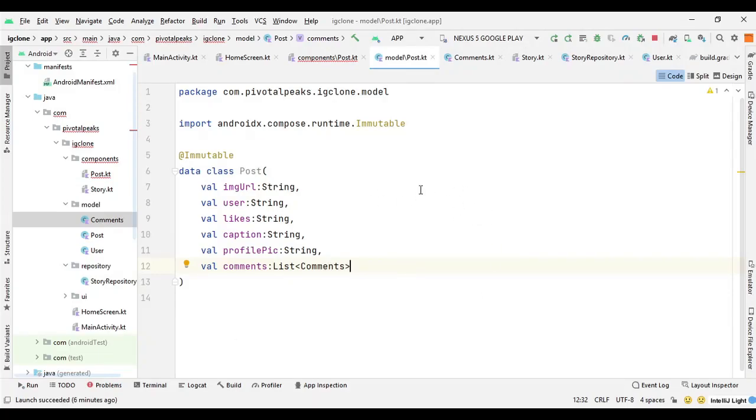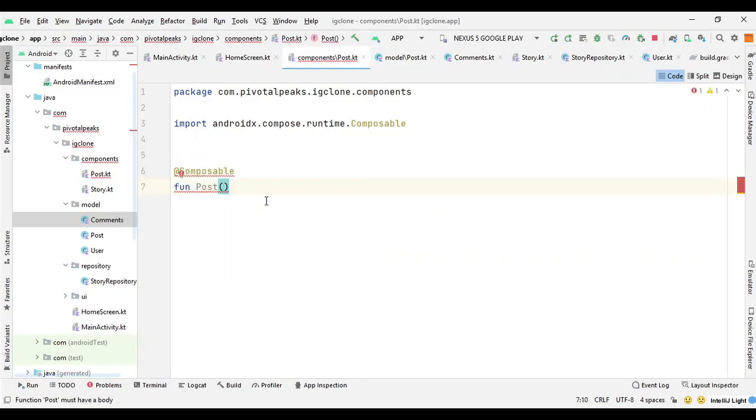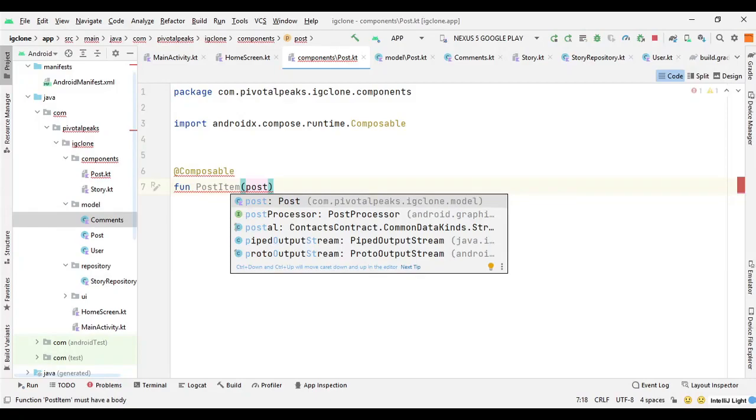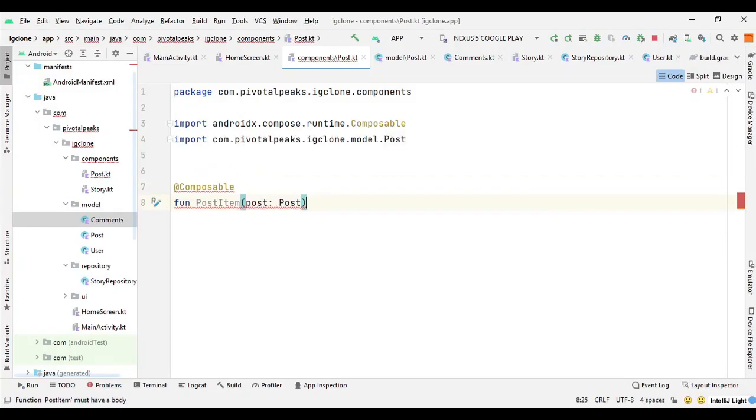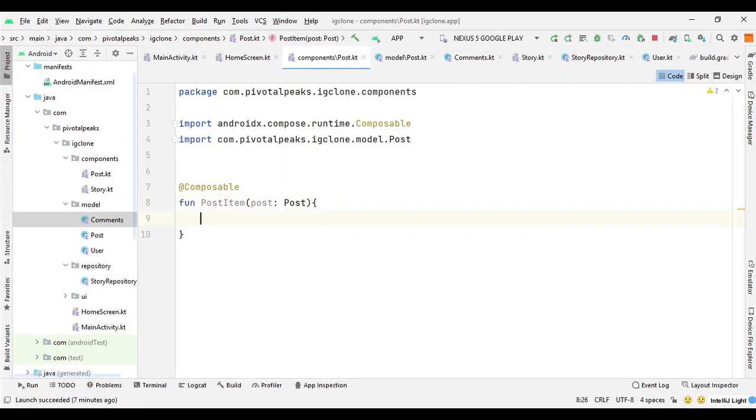So now we can get back to the post component, and here, okay, let's call it post item, not post, and here we will pass the post data class. Then we will open the parenthesis, curly braces, and now we can build this component.